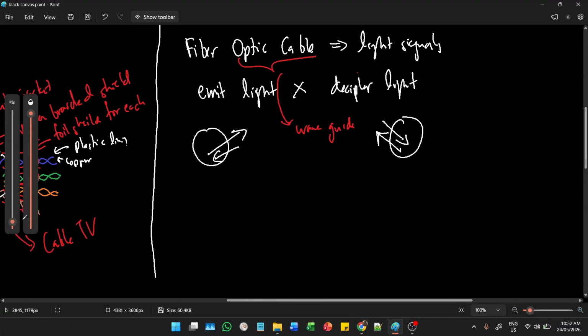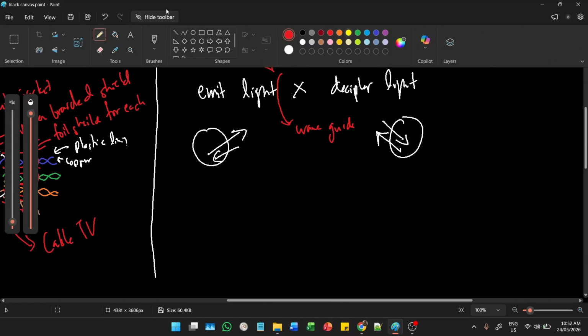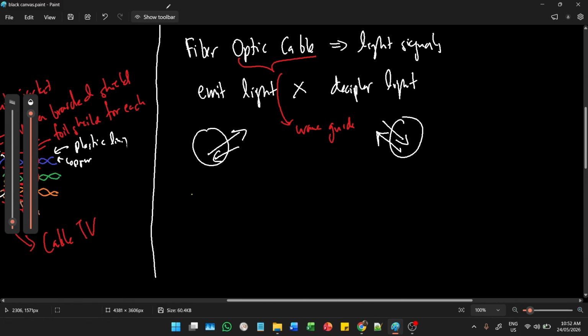Okay, so why do we use fiber optic cable? What are the benefits of fiber optic cable? Well, here are some very important benefits. Benefit number one is it is completely immune to electromagnetic interference. It's completely immune. Now, I had a question that if light is an electromagnetic signal, how can it be immune